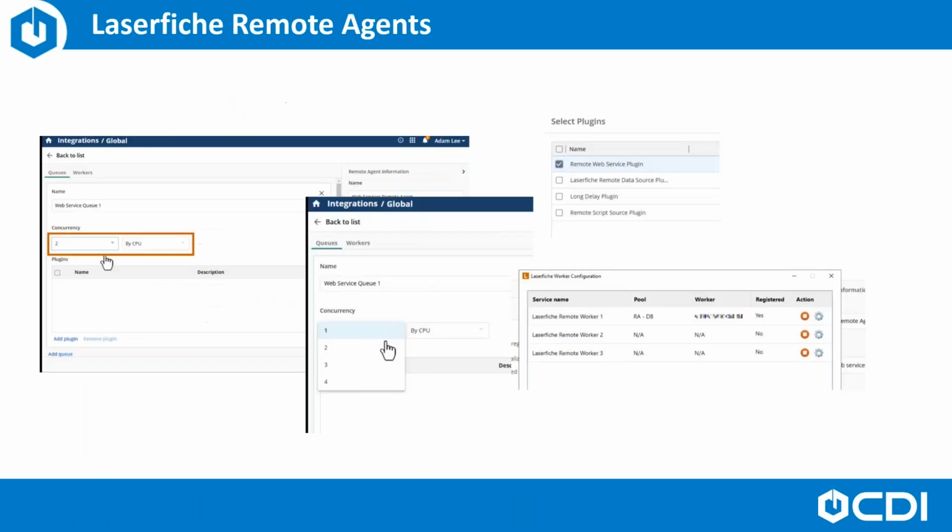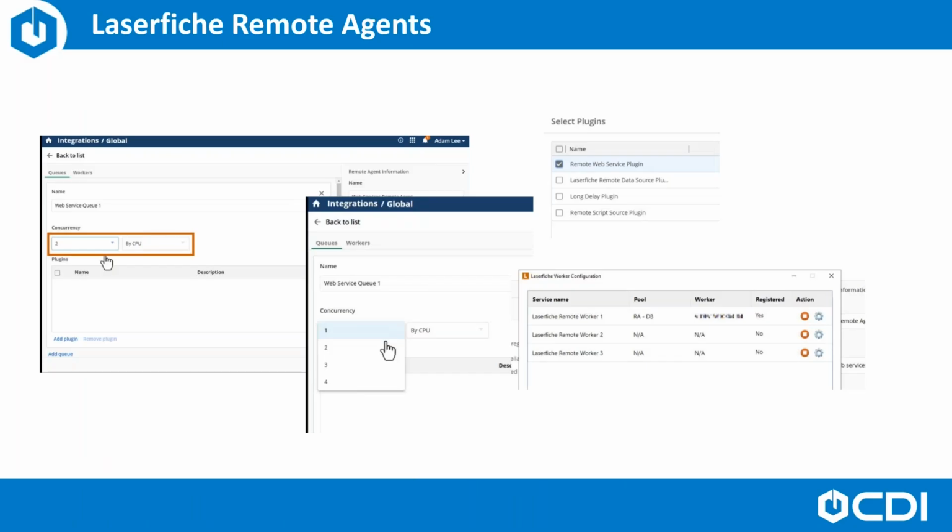So a couple of the nuances of what the Laserfiche remote agents consist of is that one is concurrency. So it allows you to control the amount and type of work produced by the workers. Here we'd set that usually commensurate with how much work a machine can process, how many resources you have available.